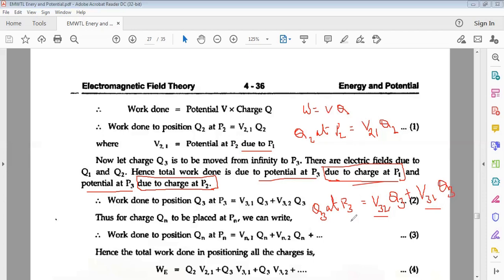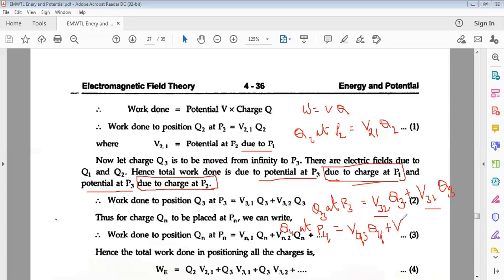Okay, so suppose the charge Q4 is placed at P4. Due to Q3, Q2, and Q1, a force is exerted on Q4. So the potential, or the work done, is V43 on Q4